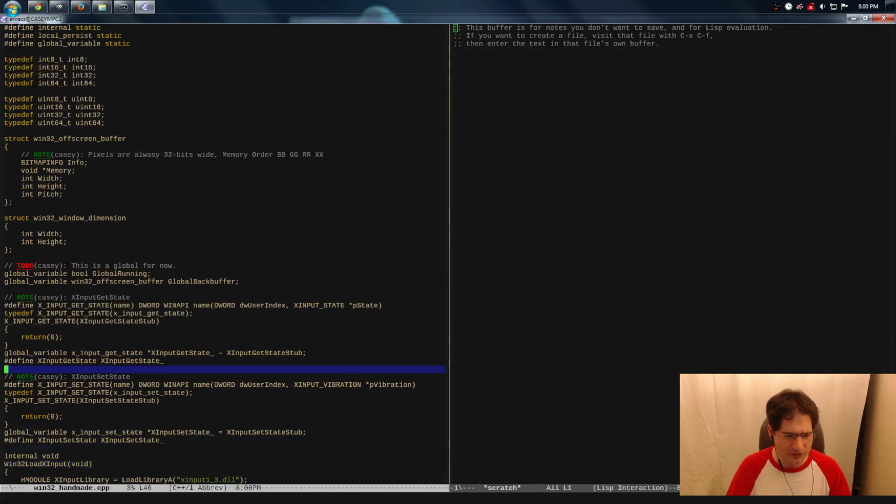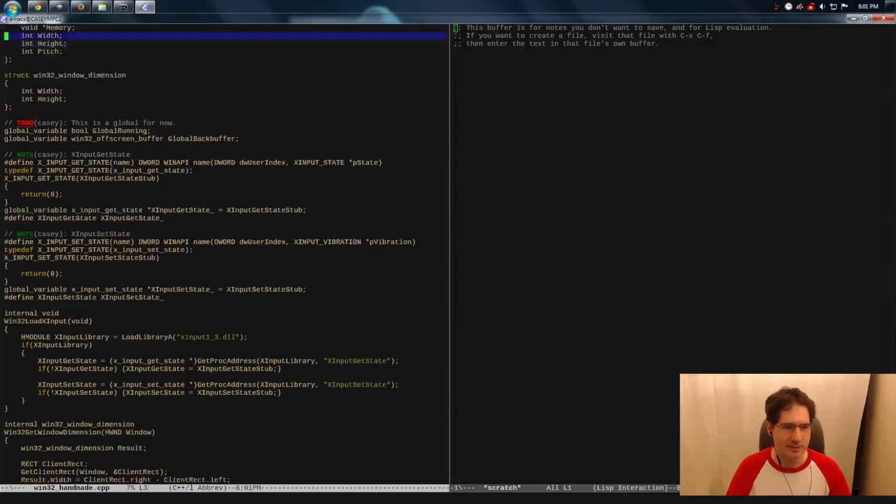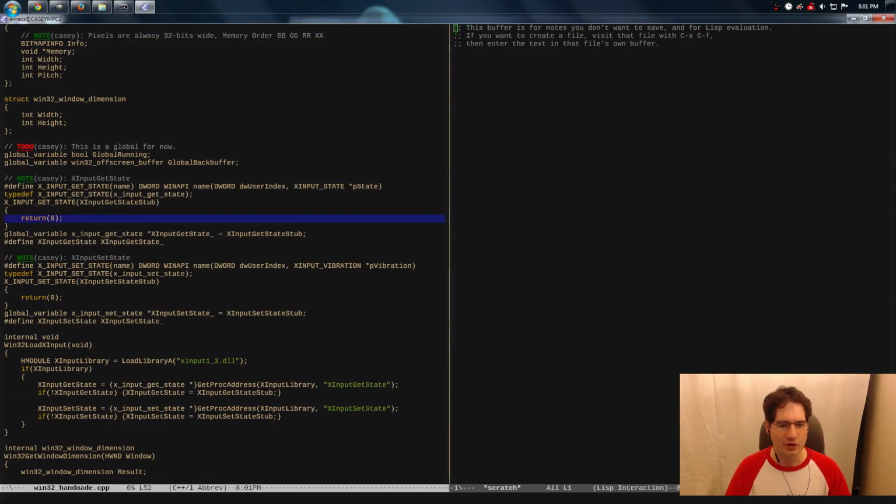So first thing I want to point out, someone noticed, and this is a good idea, that when I wrote the stub functions for our fake xinput calls I was a little absent-minded. When xinput isn't actually found on the machine, you want to have those stub calls in place so that you don't crash. What we probably want to do here is actually return the error code that says that the devices aren't connected. Because right now we're returning 0, and in my world 0 normally means that the